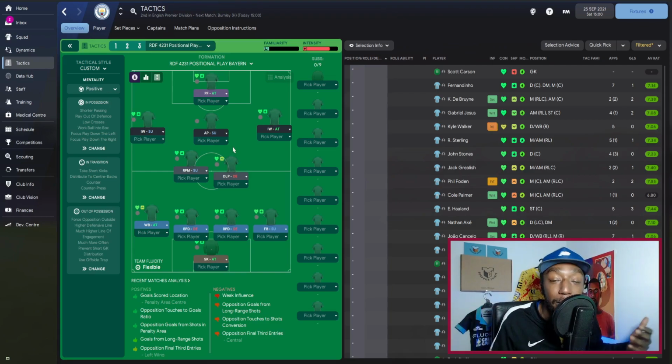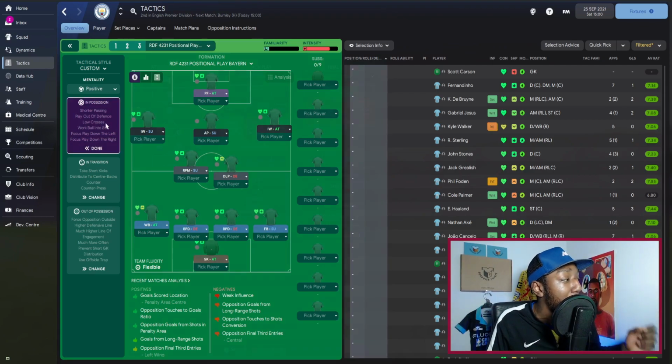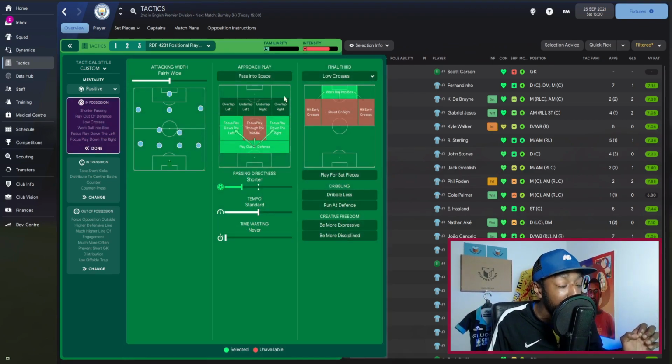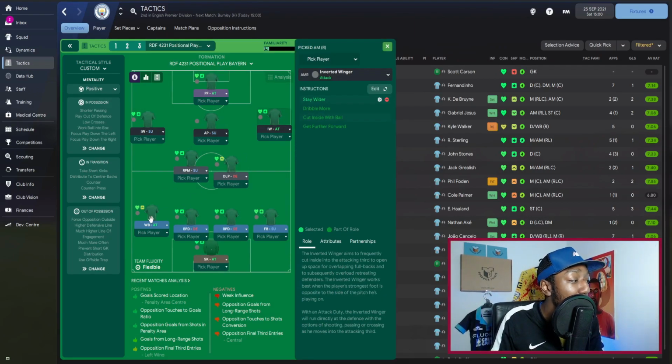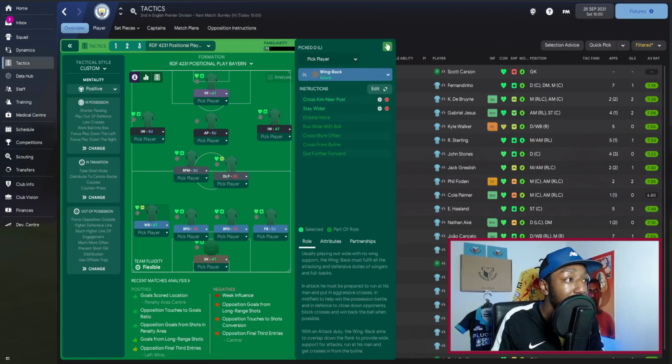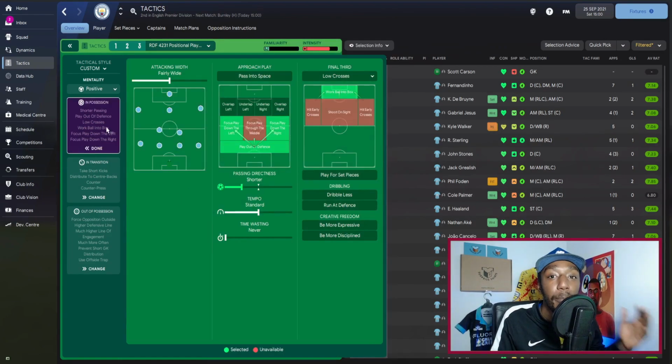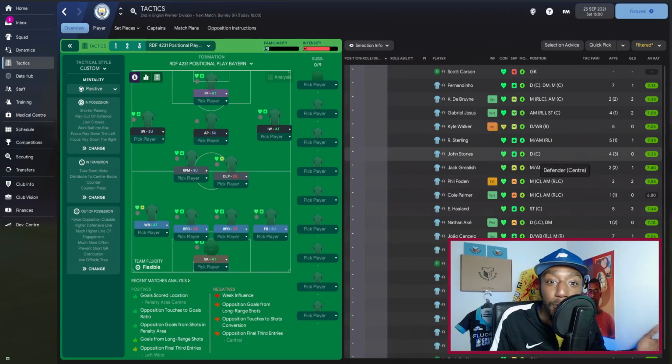Once our 3 playmakers, or one of our 3 playmakers, get the ball, hopefully they listen to these instructions of focusing the play down the left and right and use their ability on the ball, such as the key pass, to get the ball out into those wider areas, especially to one of our 2 players looking to get a 1v1 situation. But we also have the passing directness to shooter as well, and now the reason for that, when